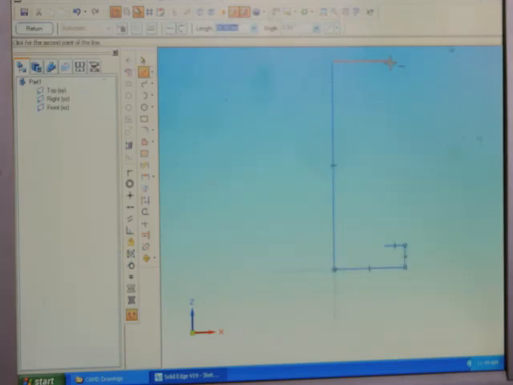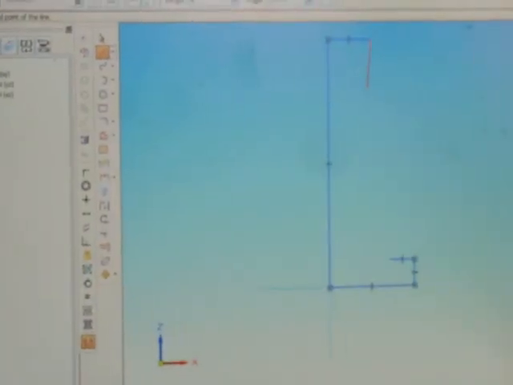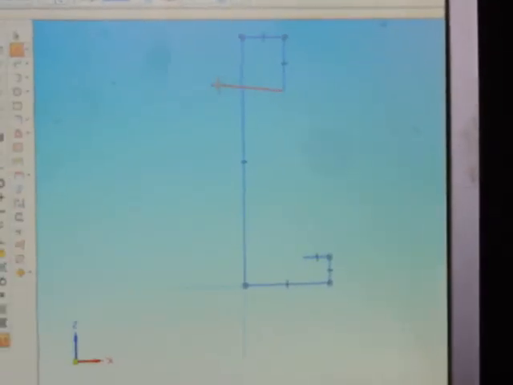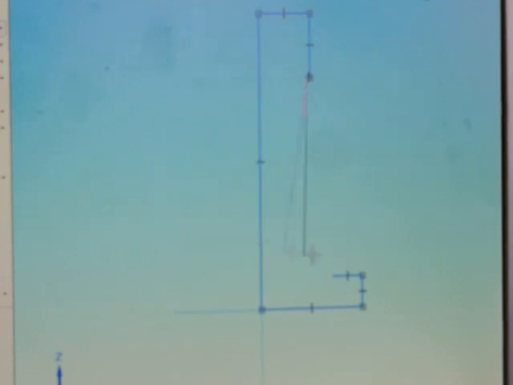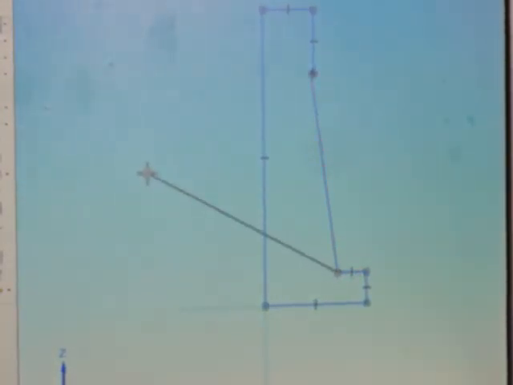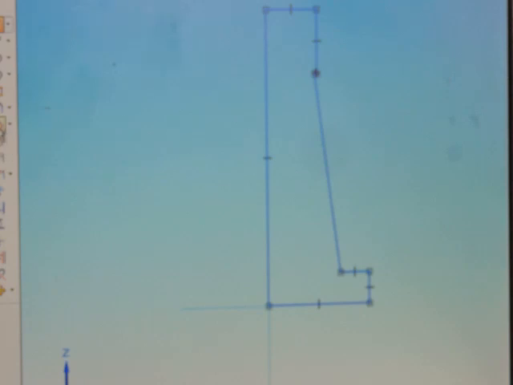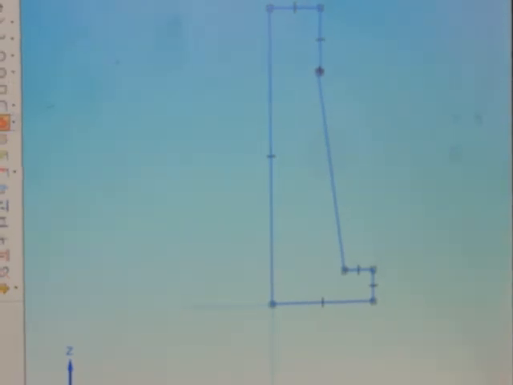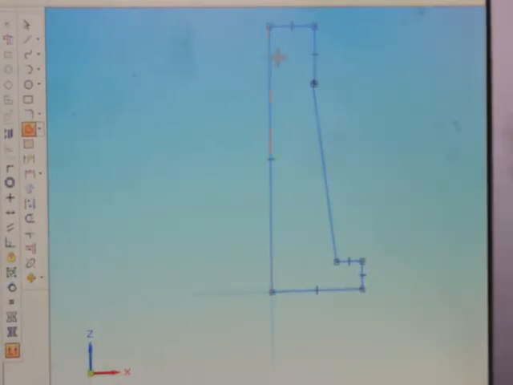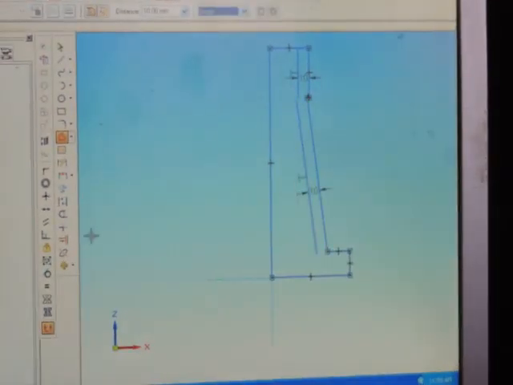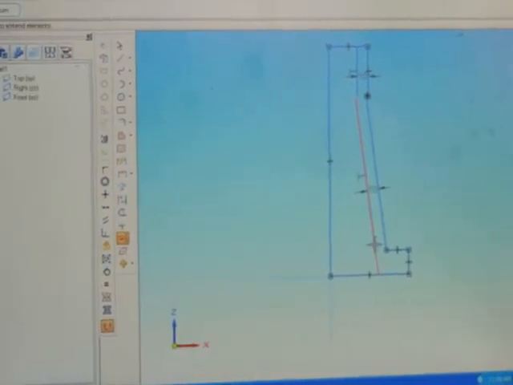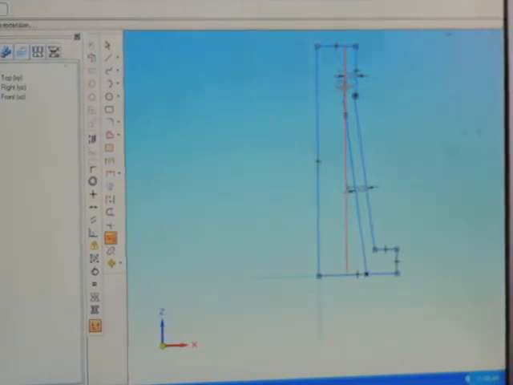So then upper diameter is 70 mm, for that you should take it as 35 mm, 35 at 0 degrees, again depth is 40 mm, 40 at minus 90, so 2 mm you should go inside, 2 at 180, lastly join the end points. So now go for offset command, select the distance as 10 mm, make this as single, offset this vertical line and also this slant line. Then go for extend command, extend this one and also extend this part.